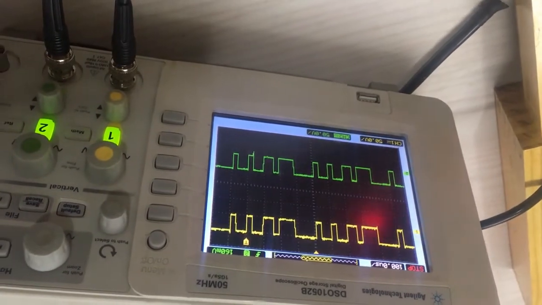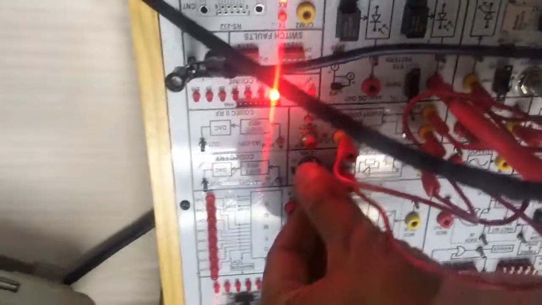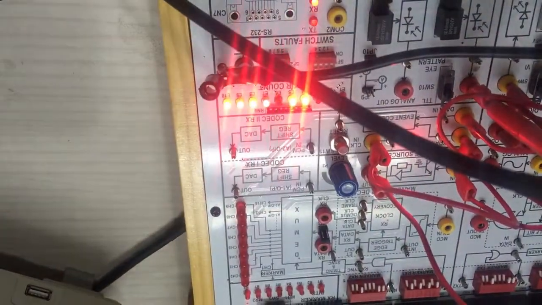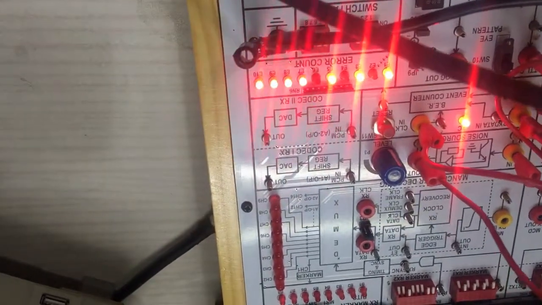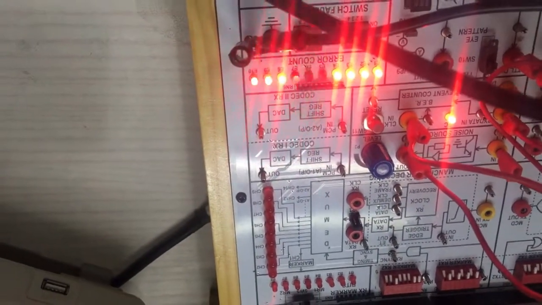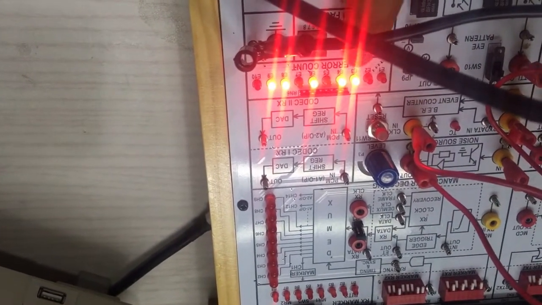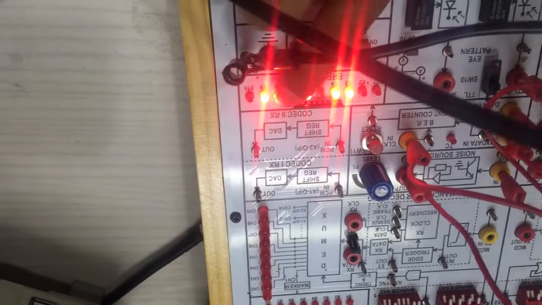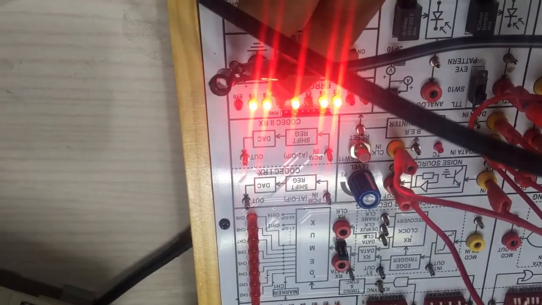Now if I increase the noise level to maximum, let me check how many bits will be in error. Now you can see that 1, 2, 3, 4 and 5. 5 out of 10 bits are now in error.